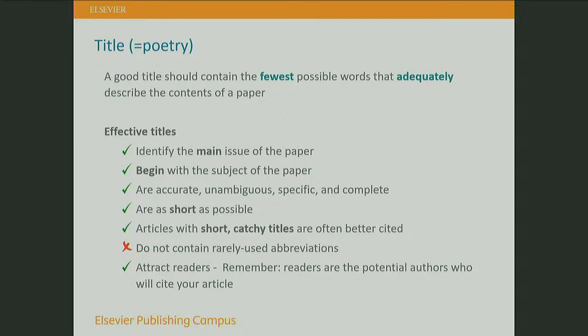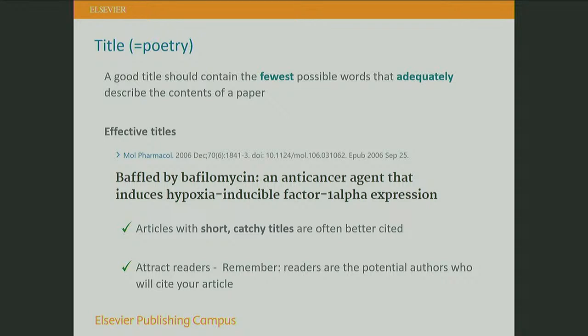Of course, it needs to relate to the content of the paper. It needs to be accurate, and it needs to be short. And if possible, it can be catchy because it will attract readers better. I will always remember this paper that I'm showing you here. I used to work with this